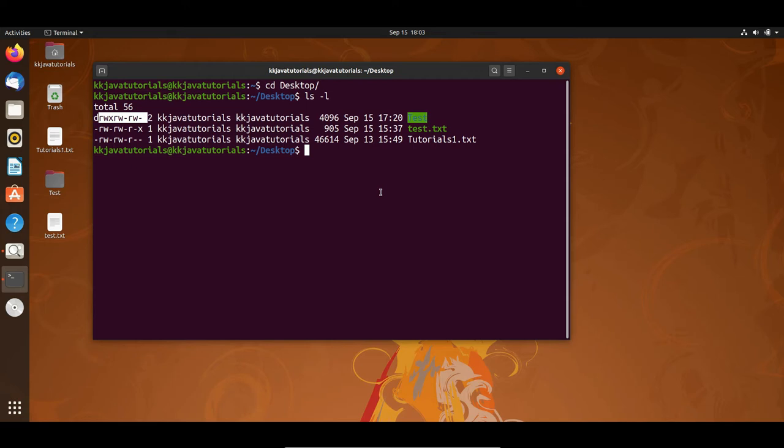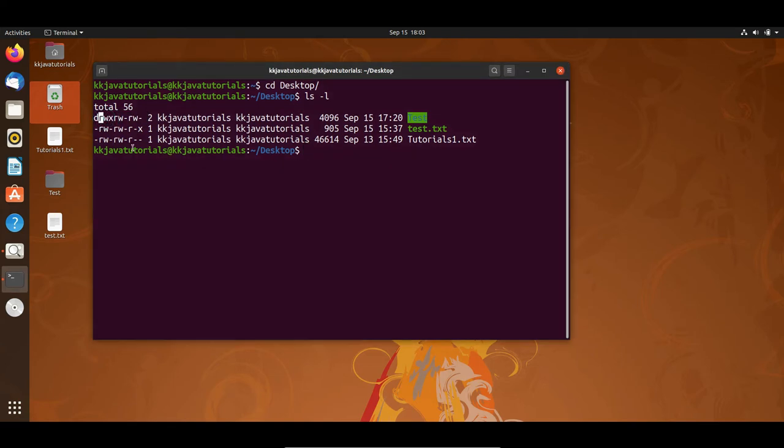In octal, the number system has 8 digits, starting from 0, 1, 2 till 7. When we talk about read, R stands for read.